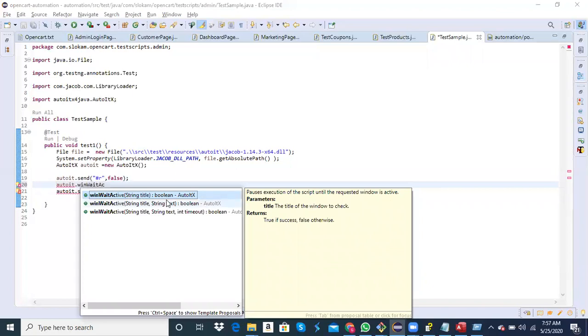Okay, so generally don't use this first one, use the third one, because the third one has the timeout. If you don't use the timeouts, it will wait for indefinite time.